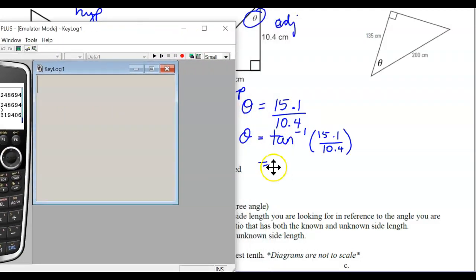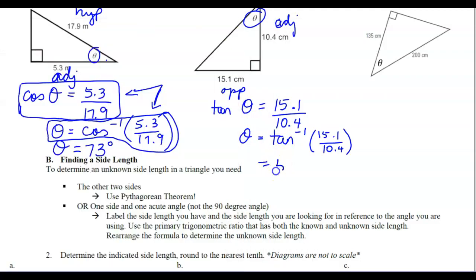It needs to be in degree mode. Yep. How do we know, like, the theta in there? How do we know that, like, which